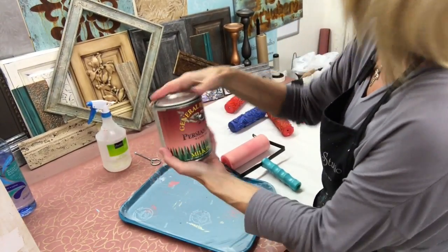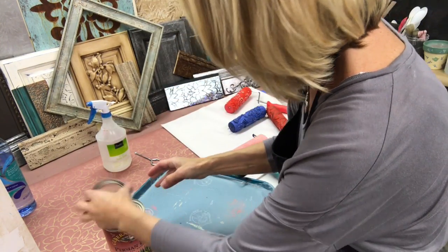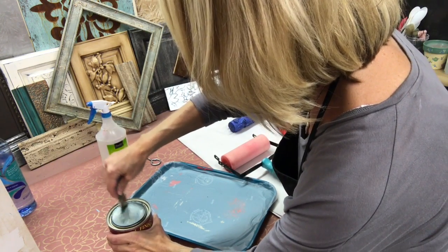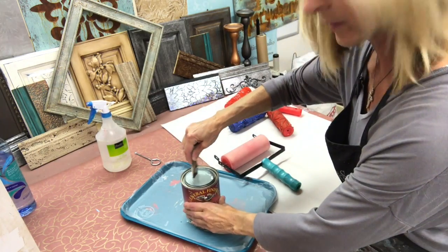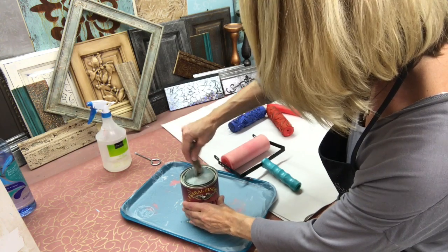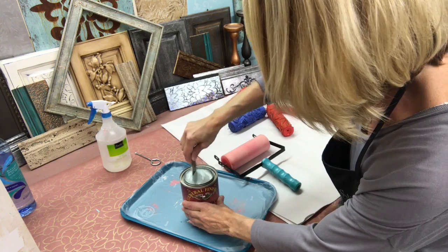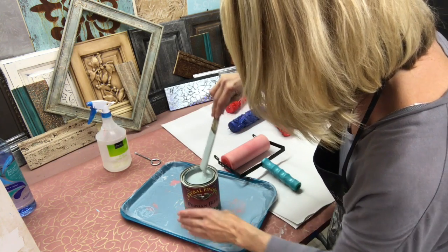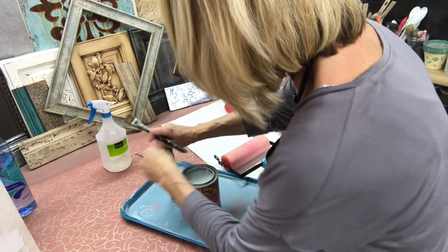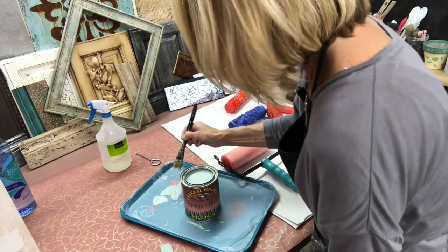Okay, so like I said, I'm just using General Finishes milk paint. Prussian Blue is the color that I've chosen to play with. I'm going to give this a nice stir to start with, because the color has a little bit of separation. And the paint has a pretty good body to it. It's not real thin, so I'm definitely going to need to dilute the paint with water, okay? So I'm going to give myself a second here. We're just going to get some paint onto